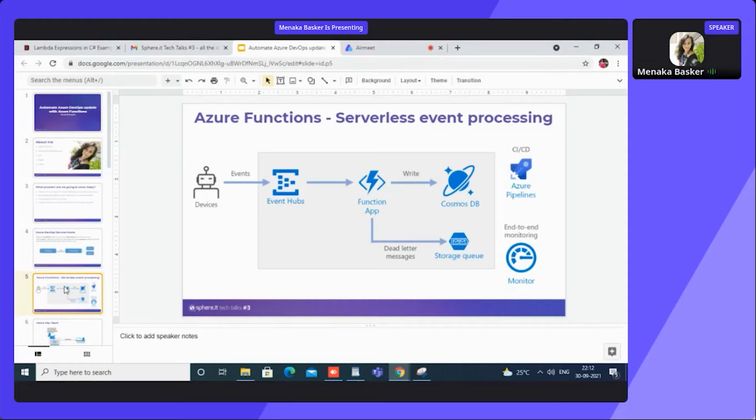Here we need to consider another factor, the Cosmos DB writing factor. Whenever we go with Azure function with Cosmos DB, we should remember that Cosmos DB is quite costlier than other storage in Azure services. So we need to opt for Cosmos DB only when we need to consider throughput, and second, when we are considering read and write operations. Whenever throughput is your primary factor, consider Cosmos DB. Other than that, you can go with any other service based on your requirements.